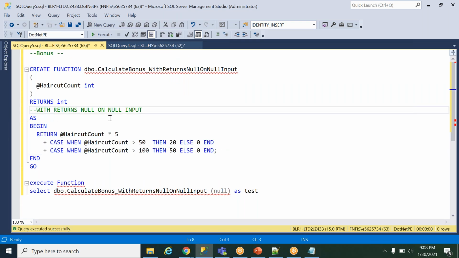The statement itself is readable: with RETURNS NULL ON NULL INPUT, when I have a null input, always return the null value. It will not execute any of these things and will directly give the null value. So the performance will definitely be improved.